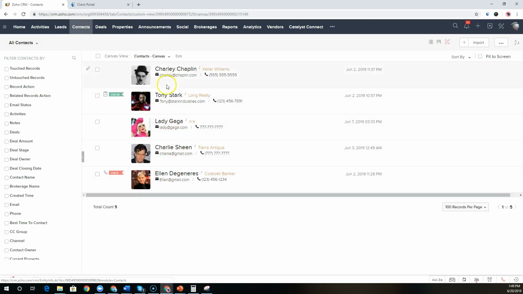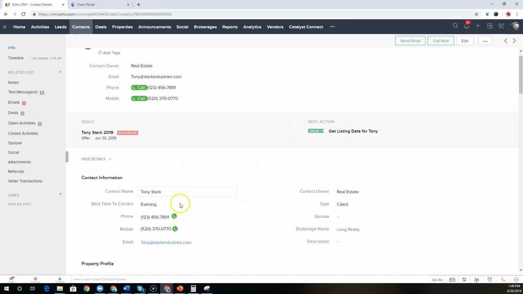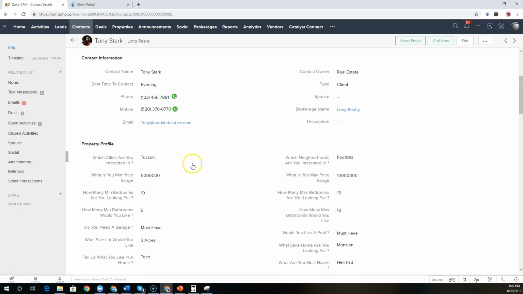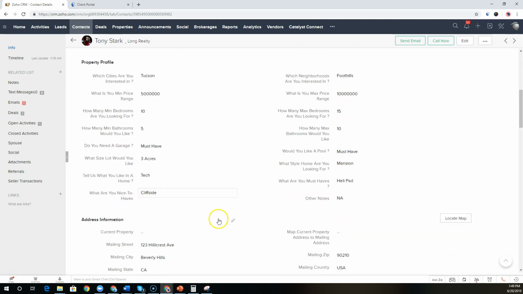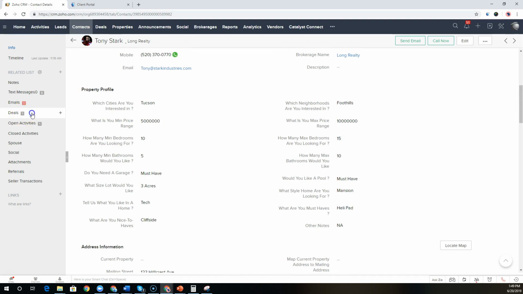So if we dive into Tony Stark's record over here, we can see all of the contact information with Tony Stark. We can see that he's interested in purchasing a property. So we've opened up a deal record for him. This is the property profile that he's looking at. And as an agent, you can then go into his deal,